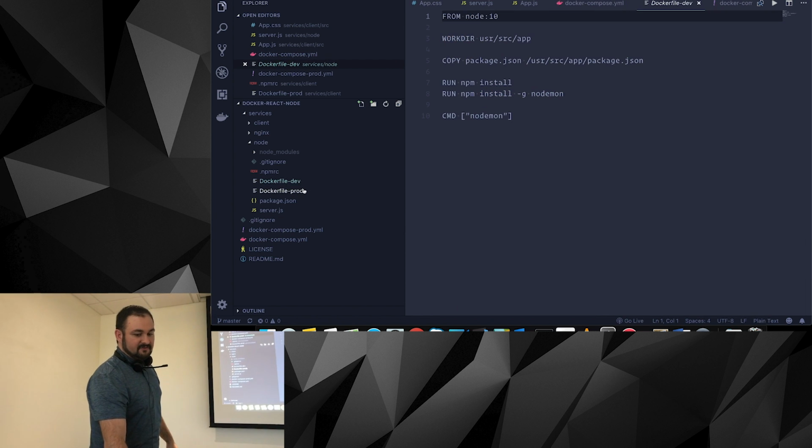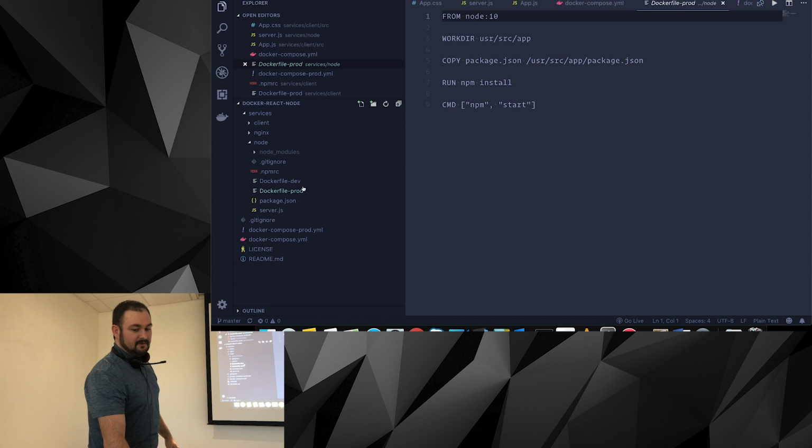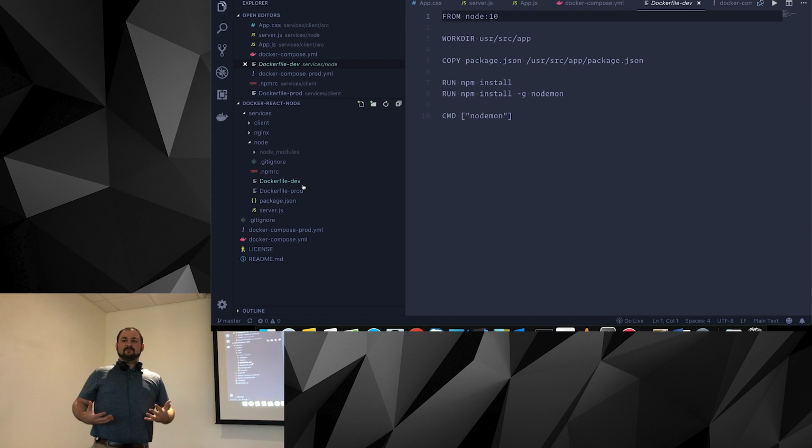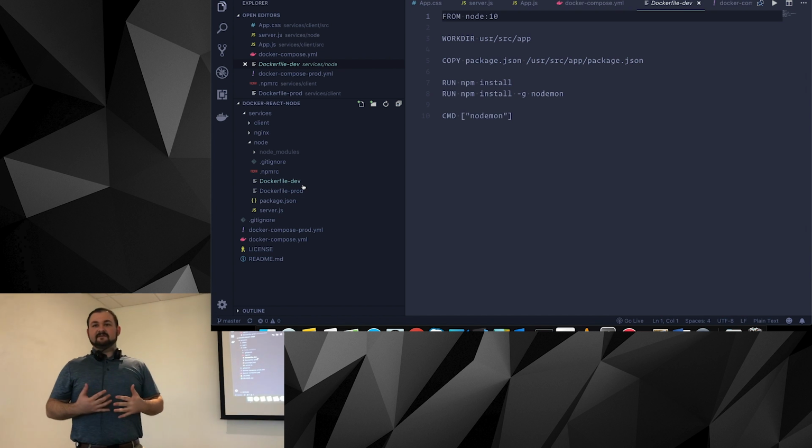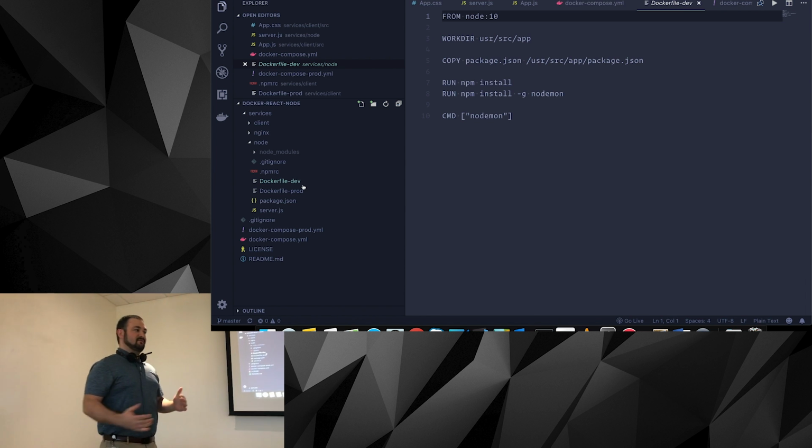development and production version. So for instance, for Node, we want hot reloading, right? I make a change to my file, I want it to spin the server back up, right? Restart things, because it sucks having to bring everything down, code something, bring everything back up, see the change, it didn't work, bring it all down again, right? That's a hassle.